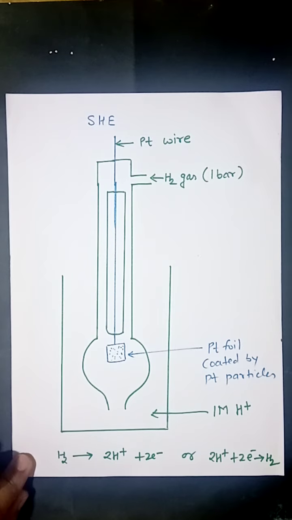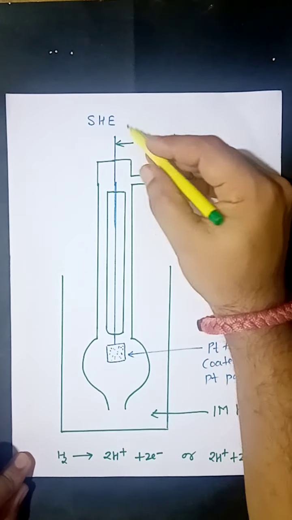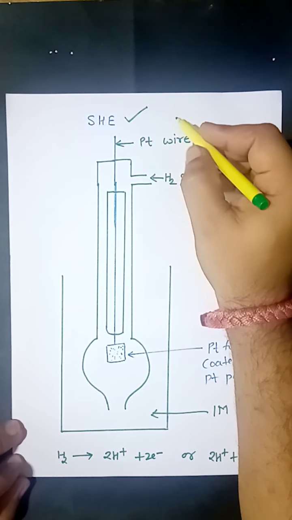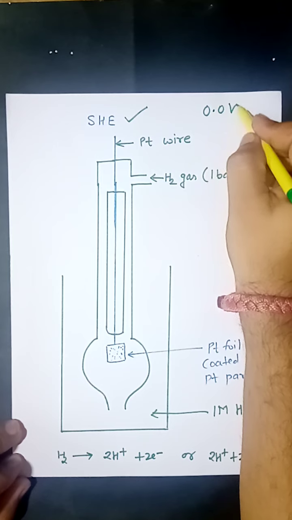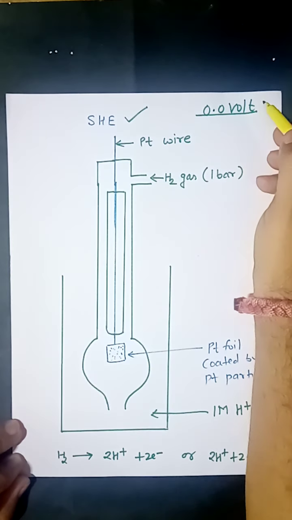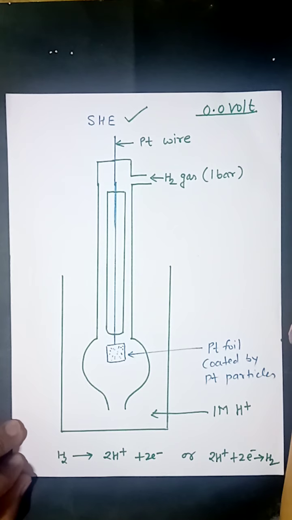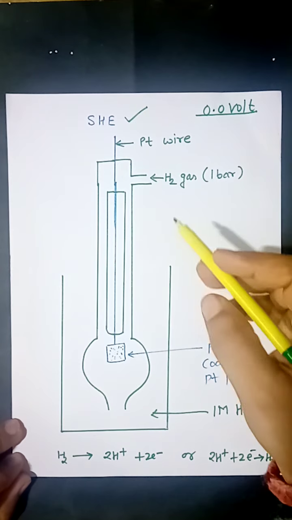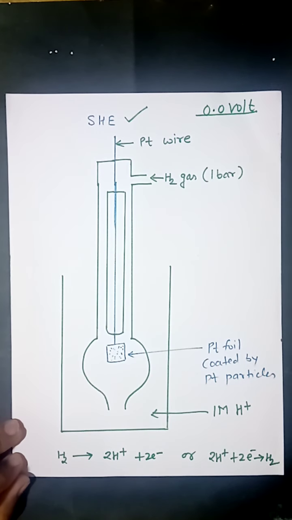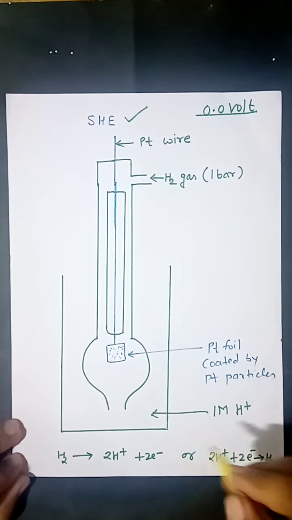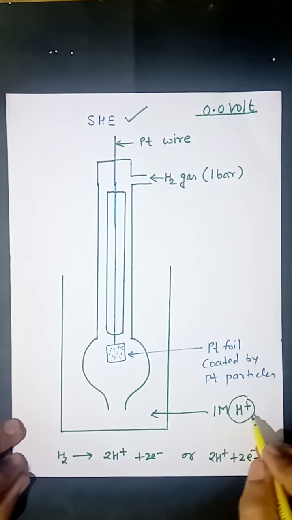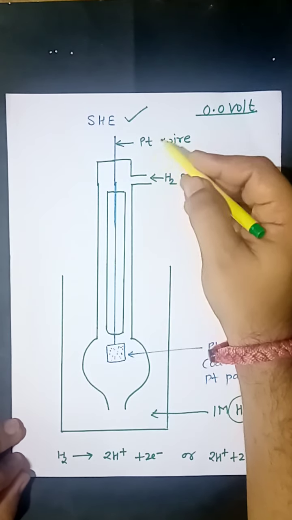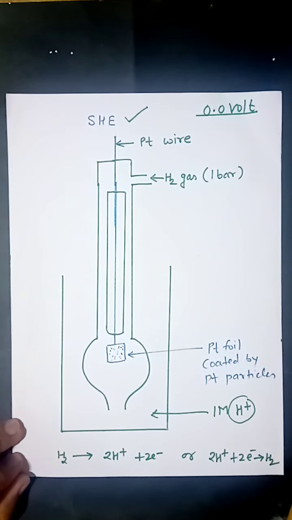Now the last point of the chapter is an explanation about SHE, the standard hydrogen electrode. You know that this is the reference electrode. Its standard potential is considered as 0.0 volt, and we give the electrode potential of other elements with reference to the hydrogen electrode. Now hydrogen, because it is a gas, you cannot simply dip a rod of hydrogen in an electrolyte having H plus ions, and because it is a gas, it is adsorbed over platinum. So you can see the outline structure of the standard hydrogen electrode.